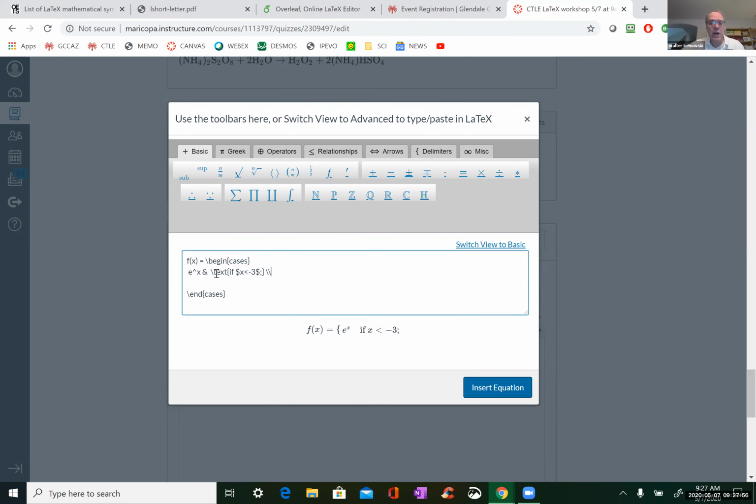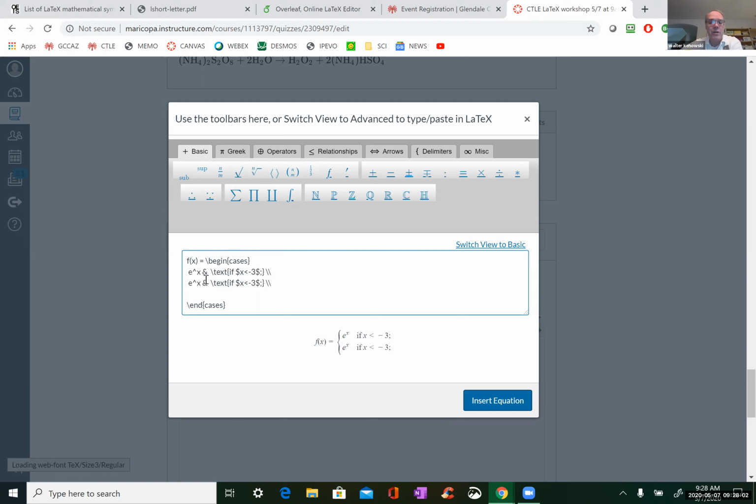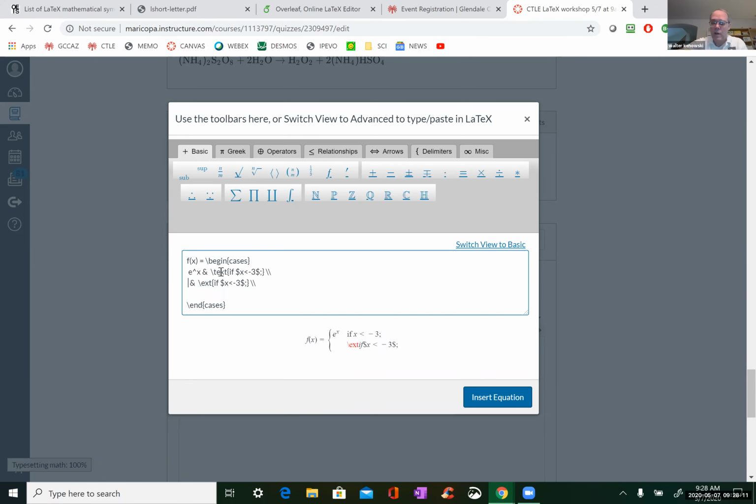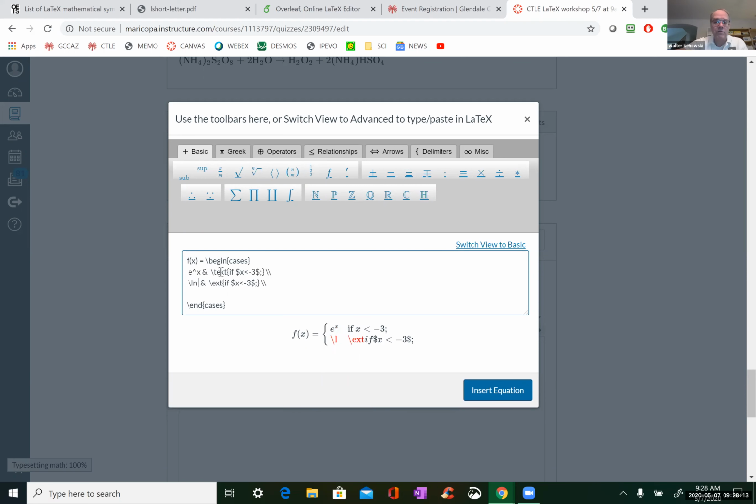I'm just going to cut and paste this so I don't have to do a little bit of typing. And then if you have another one, say log of x. Then you can change your inequality.